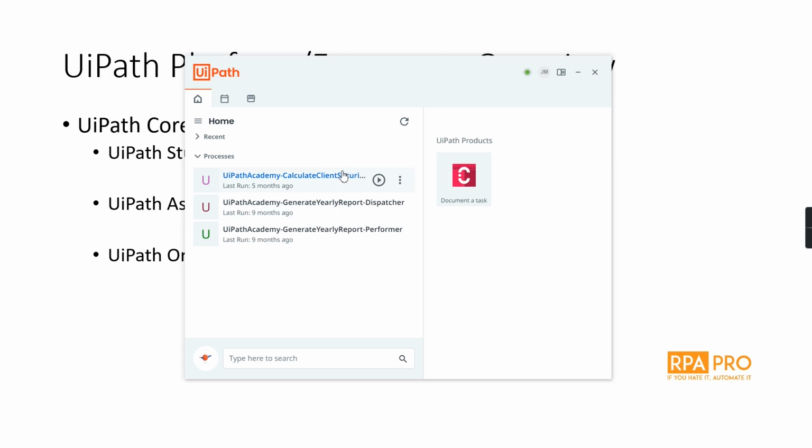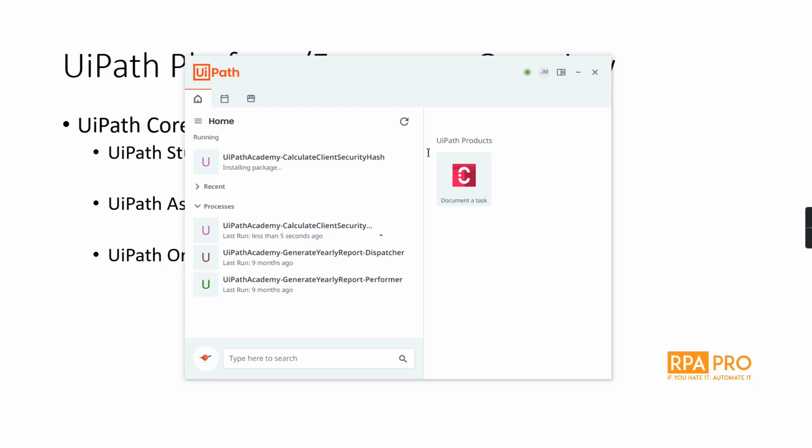In my case, I have 3 of them. And then when I select them, I can run them from here. So that's what I mean by running the automations. I can hit the run button and the automation is going to start and I can see the progress here. And once it's done, a message will show up for me. But for now, I will just stop.